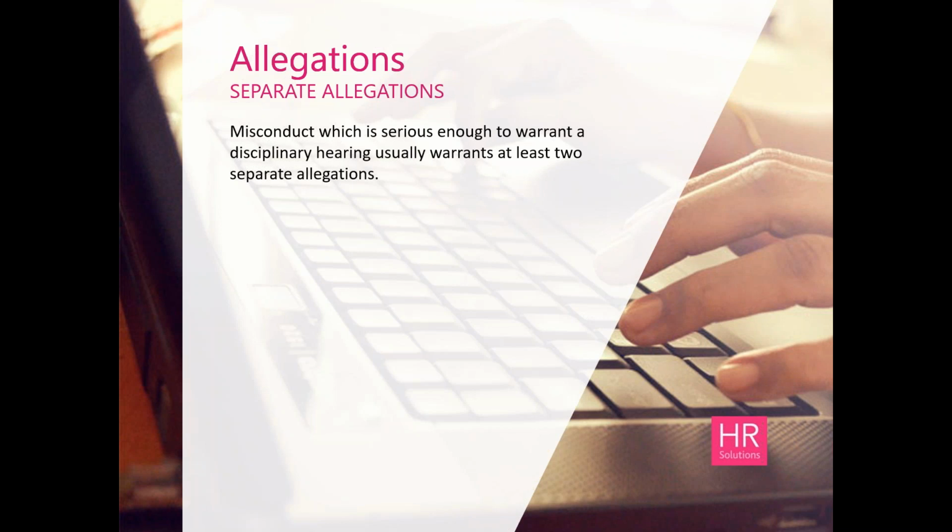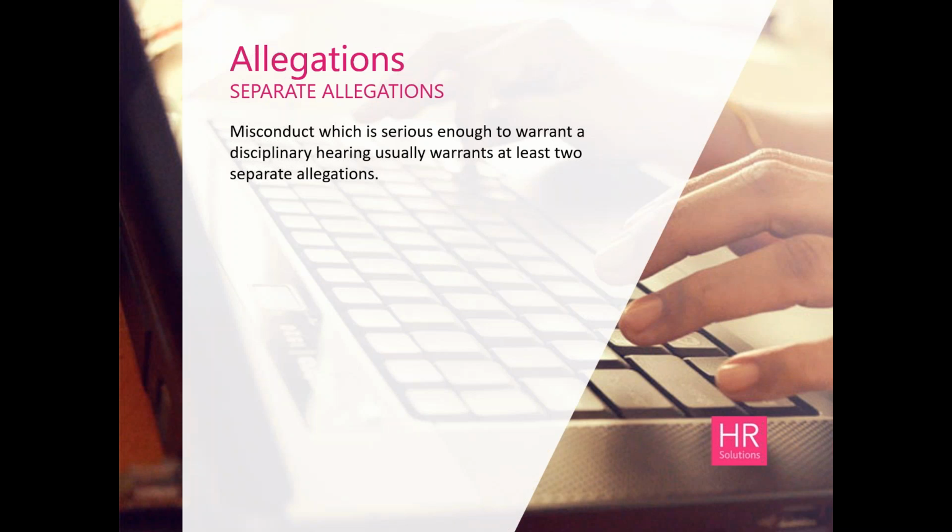So, when there has been some misconduct which is serious enough to warrant a disciplinary hearing, the circumstances are usually such that at least 2 separate allegations can be derived from it. That is usually the case, at least 2. And it is important to distinguish these and to deal with each allegation in turn, because as I said before,